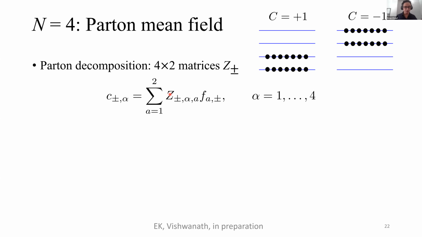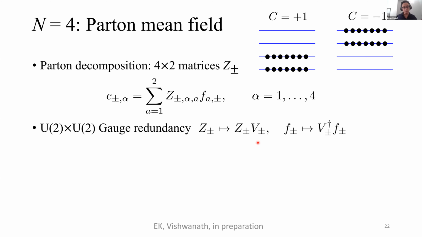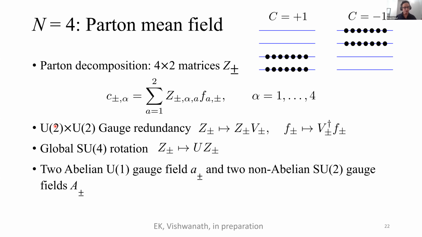So for each Z, we can act with U2 gauge symmetry on the right and act with its conjugate on the fermion. In addition, the global symmetry acts on these Z variables by left multiplication. So F is invariant under the global symmetry, but Z has both a charge under the global symmetry and the gauge symmetry. But F carries the background charge. So U2 can be decomposed into a U1 and an SU2. So this theory has 2 U1 gauge fields and 2 SU2 gauge fields. So 2 non-abelian SU2 gauge fields.